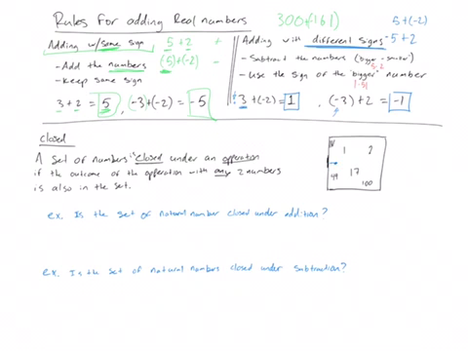Now, one last concept we have here is the idea of being closed. And this is the book's definition here. It says closed. A set of numbers is said to be closed under an operation if the outcome of the operation with any two numbers in the set is also